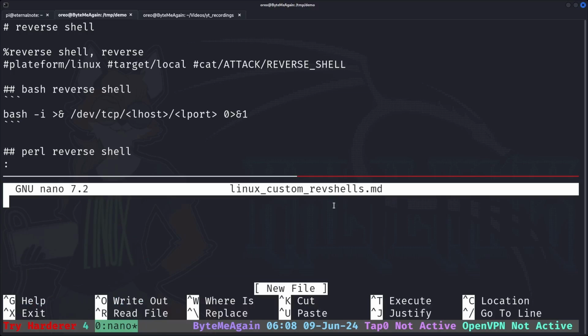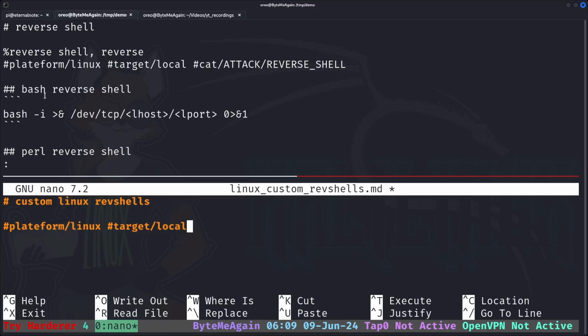.markdown. Now we make the title custom Linux rev shells. We will remove the LaTeX comment, keeping the platform, or plateform actually. For some reason there's a small typo. Instead of platform, it's plateform. Simple fix, but something to keep in mind. Our target will be the same, local cat attack